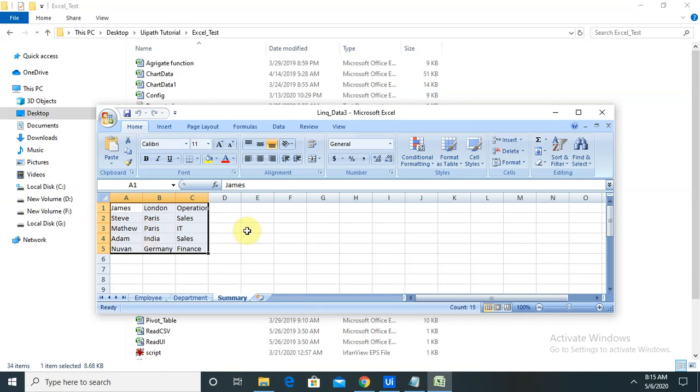At crucial times, or when we have a limited amount of time, it is very important to group the segregation. We can also deal with different data based on our requirement. So I am deleting this again and saving this sheet with the name link underscore data 3.